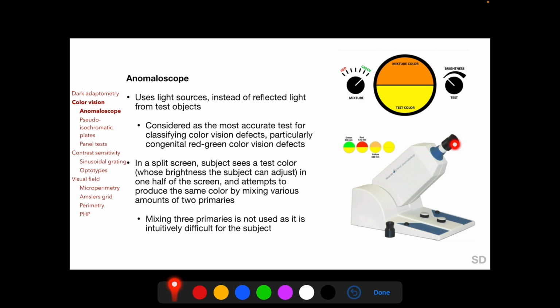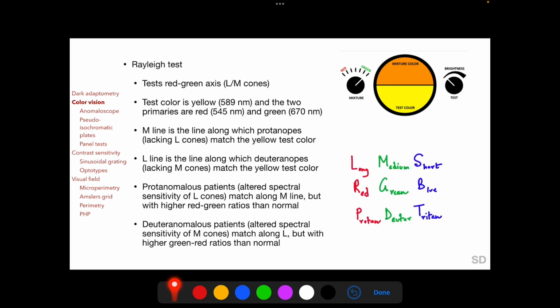Through the anomaloscope, the subject sees a split screen, half of which shows a test color, whose brightness can be adjusted, and attempts to reproduce this color in the other half by mixing two primary colors in various proportions. The anomaloscope can detect deficiencies in both the red-green axis and the blue-yellow axis, and this is an important mnemonic,